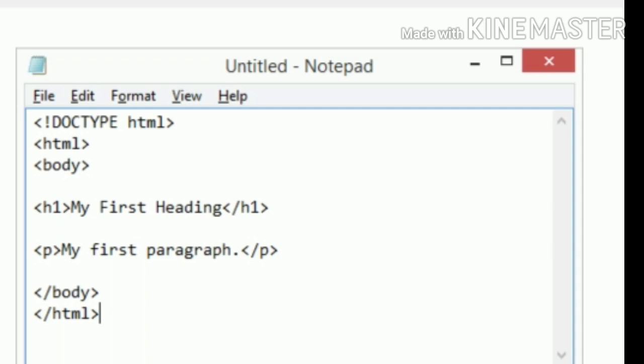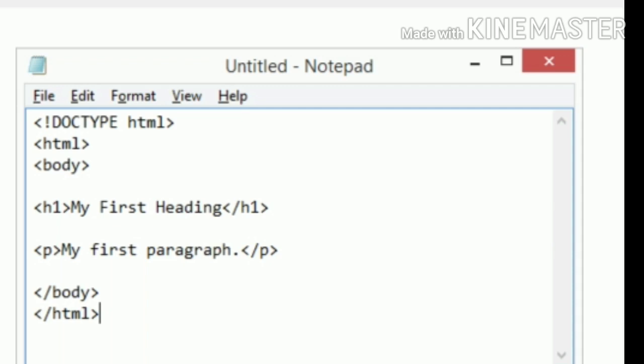After this, you can write this in your first open document. Then you can see it displayed in Notepad. Untitled, the HTML Notepad version.